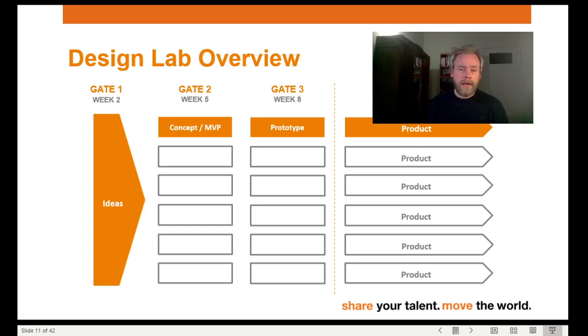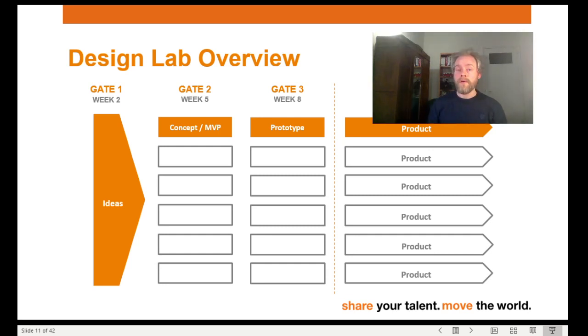And we do this in a structured fashion. So we have a lot of gates that you need to go through, where we test where you are, evaluate your product, give you feedback, and maybe steer you in a slightly different direction. The first gate is actually pretty soon. That's gate 1. That happens already in the second week of this block. So that's next week, pretty soon. And this is where you pitch your first ideas for your project. You pitch your project group, things like that. And there's another gate in week 5, one in week 8. And then at the end of block 4,